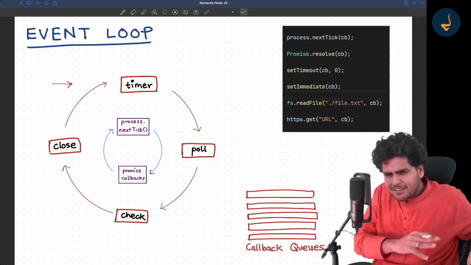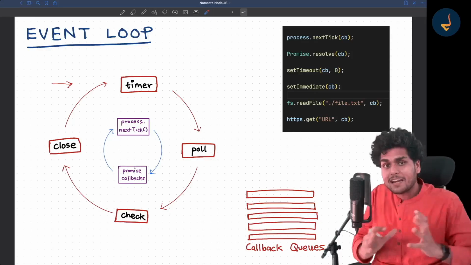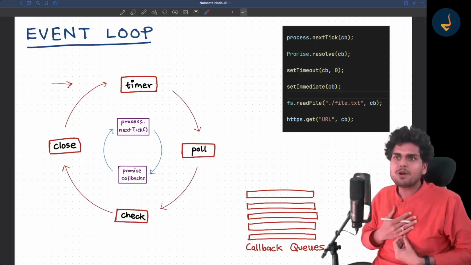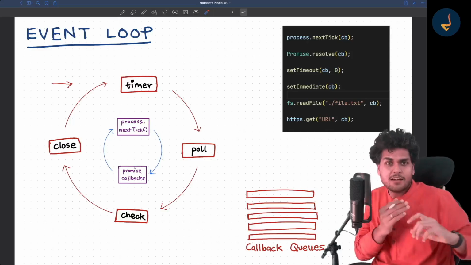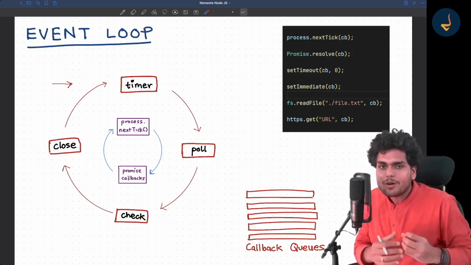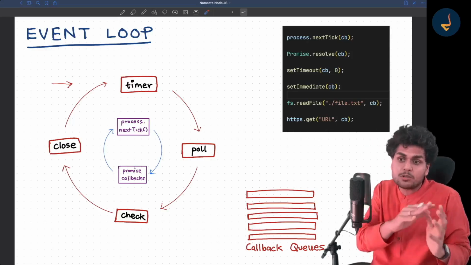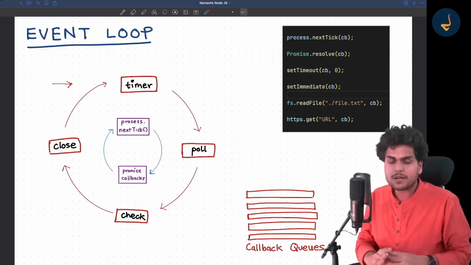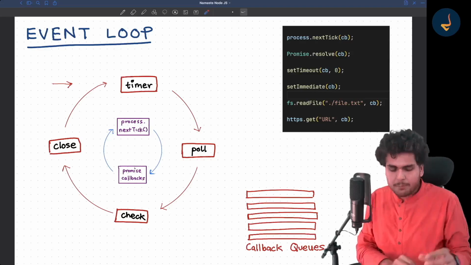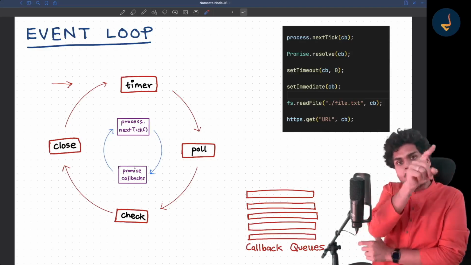So that is why I'm explaining this to you again and again. Trust me, I have no intention to repeat all of this, but I'm telling you slowly because I want you to be very clear about how the event loop works. Very important, right? Let me take a code example now and I will again show you how the event loop will run